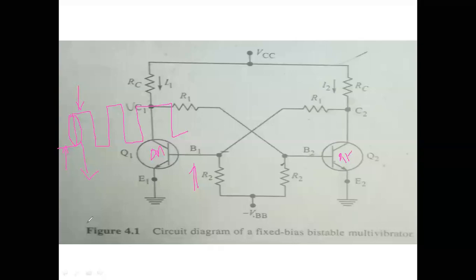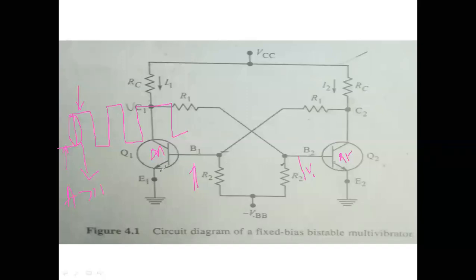In this time period, the loop gain should be greater than 1. The circuit has to exist, that means we have to choose these values, RC and R1. We will come to all these concepts in the next classes. We have to choose the RC, R1 values such that the output voltage by input voltage ratio, which is your loop gain, should be greater than 1 when it is in the state changing.